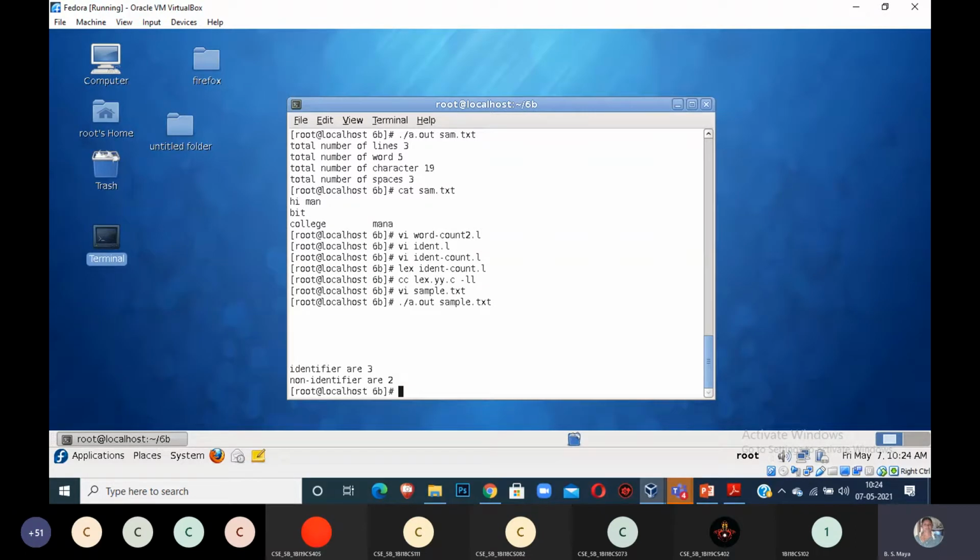You put a negation of the previous line. Then all the negation will be taken as a non-identifier. You try it. You can write so many different ways. You try the same program to write it.